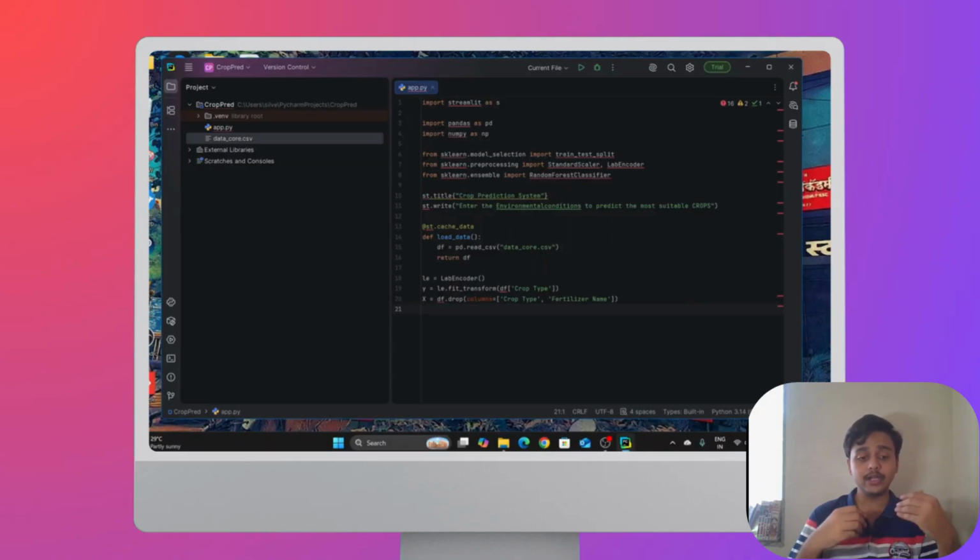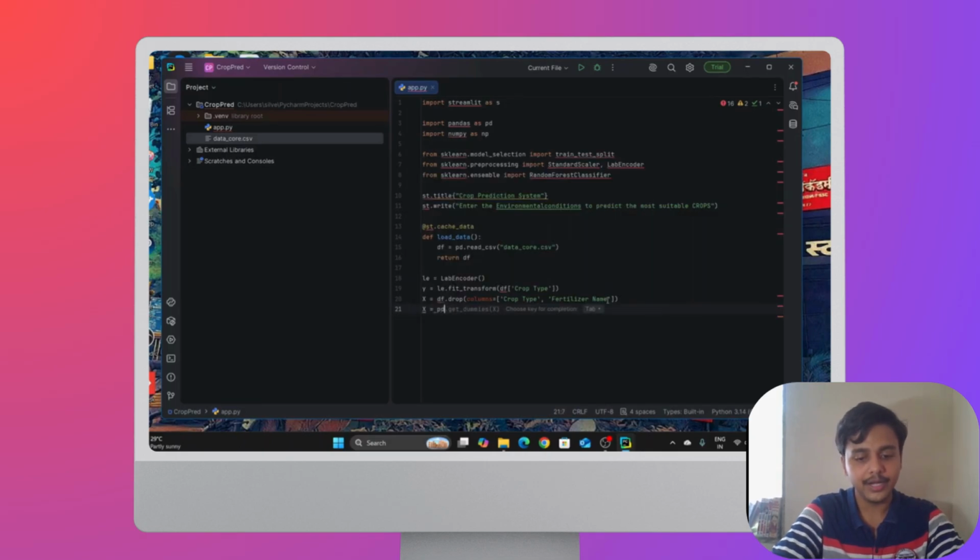And now we are going to write X equals pd dot get dummies, which is one hot encoding for X, where we get dummies for the column of soil type. Okay, so this is going to set dummy values for the soil type section.